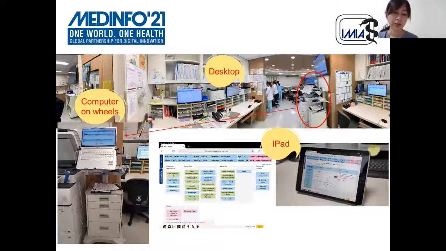There are 5 hospitals in Taiwan and 2 hospitals in Hong Kong implementing this system. Well, this is a real-life healthcare environment in Hong Kong. In this environment, apart from desktop computers, nurses are using different approaches to access the system, including the computer on wheels and the